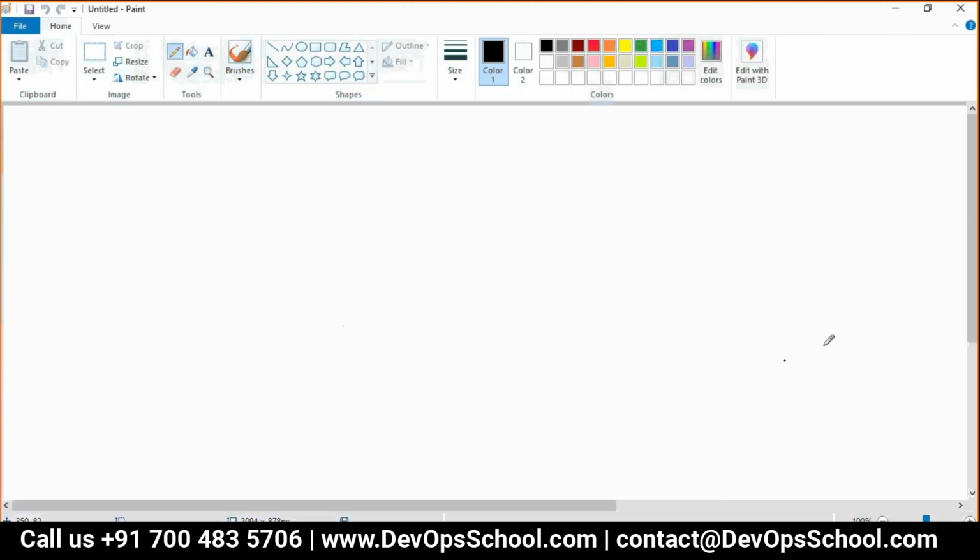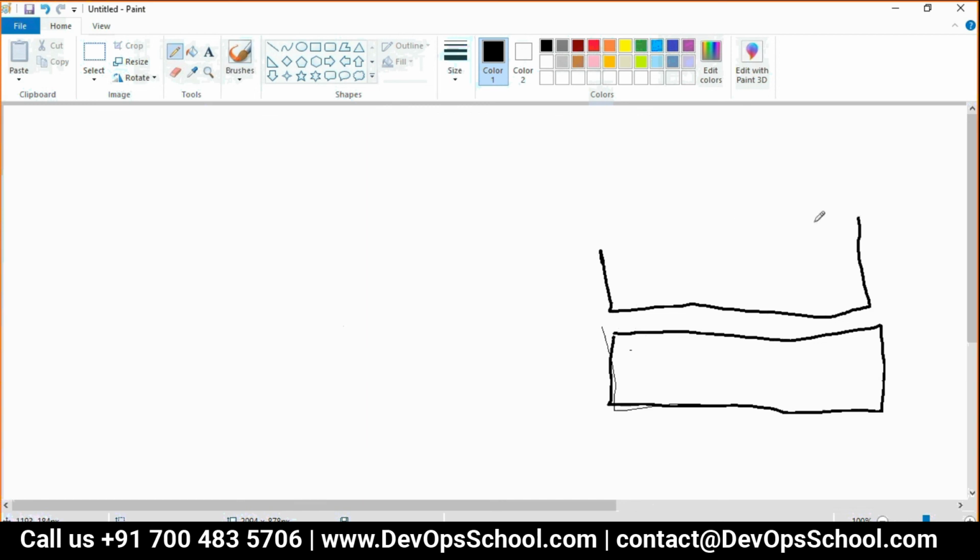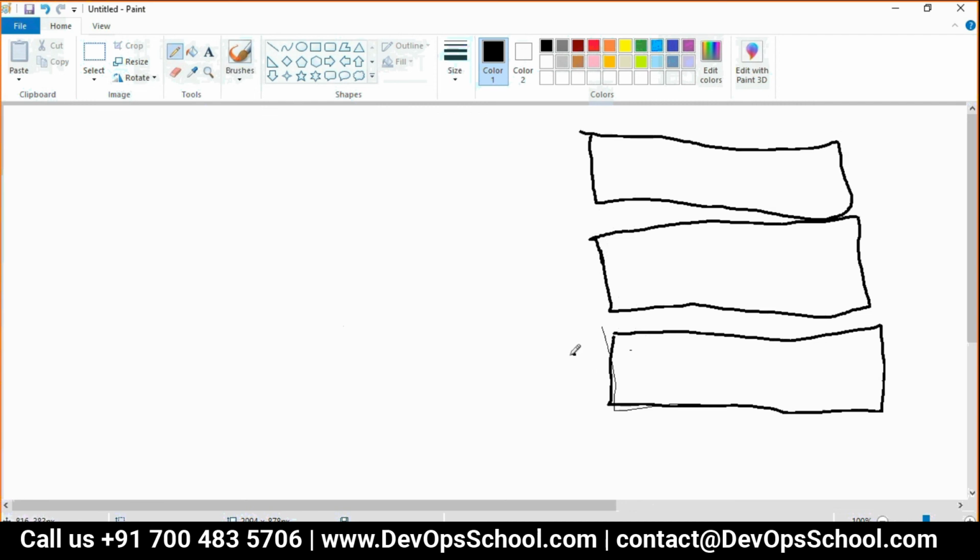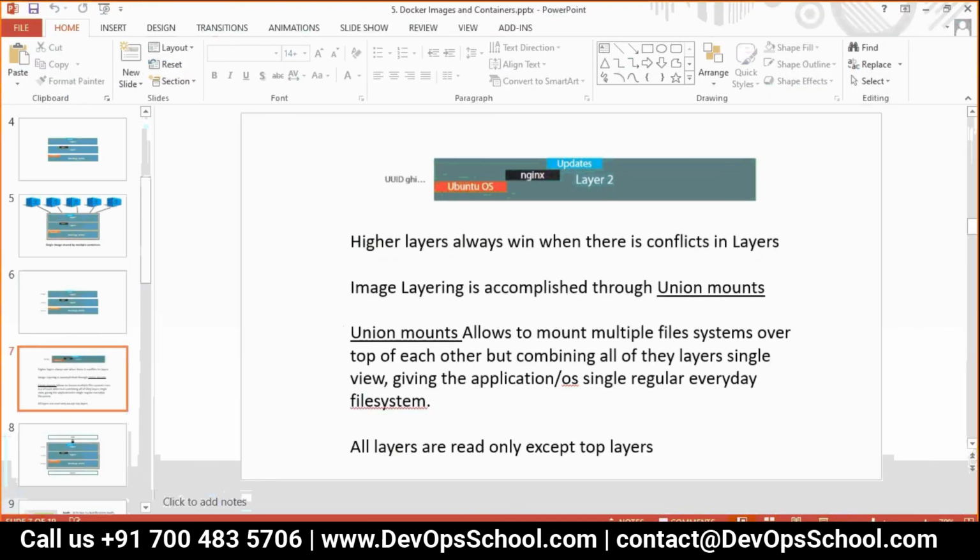There is one layer here, and one other layer here. This is layer 0, this is layer 1, this is layer 2. Now the rule states that higher layer always wins when there is a conflict in layers.